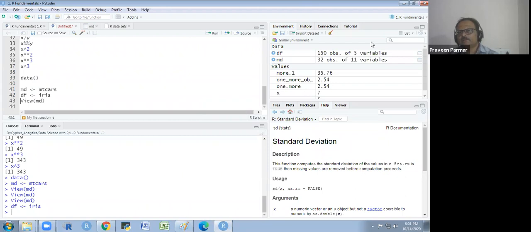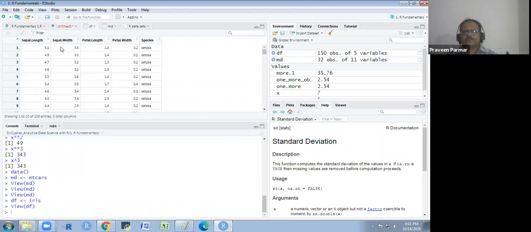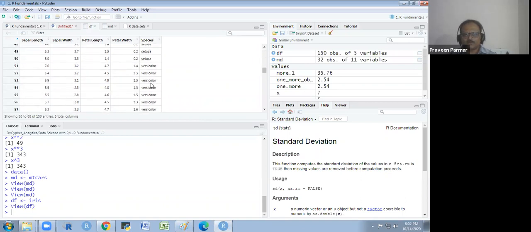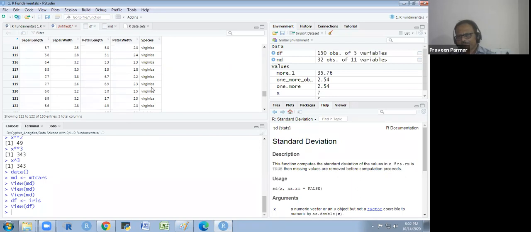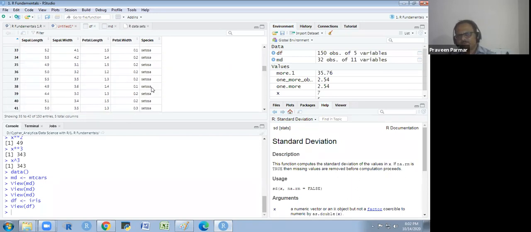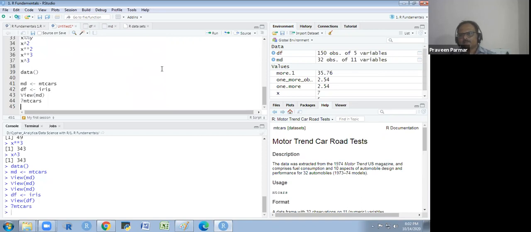You see the Iris data set, 150 observations, 5 variables: sepal length, sepal width, petal length, petal width, and the species: setosa, versicolor, and one more, virginica. If you want to know about a data set which is default in R, just put a question mark first, write the original data name, and just enter.